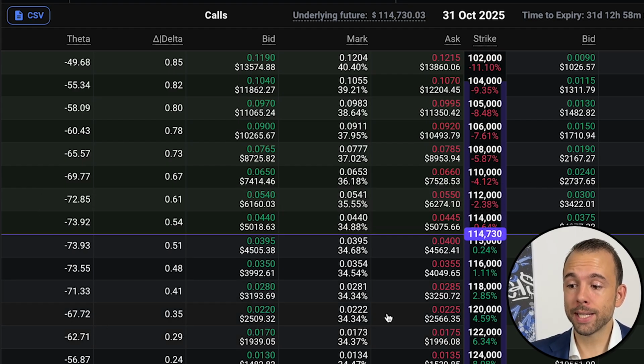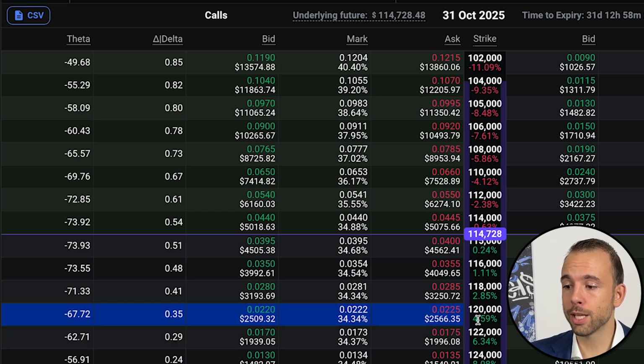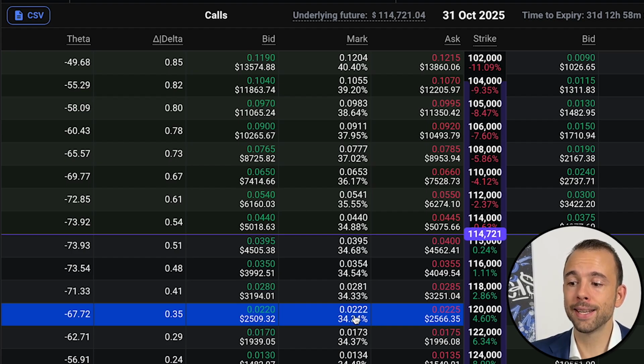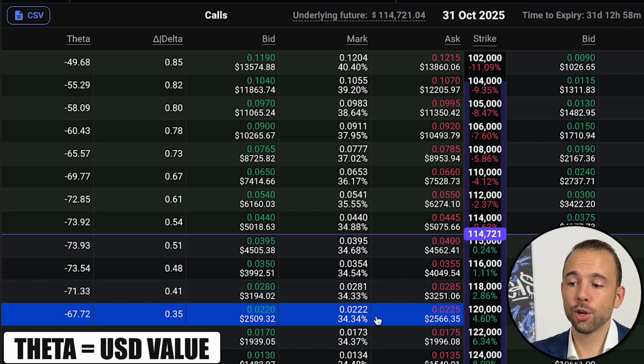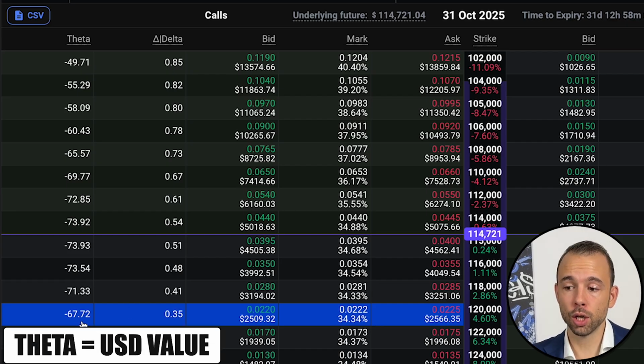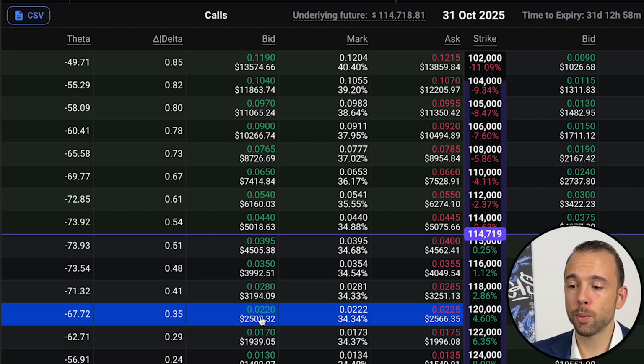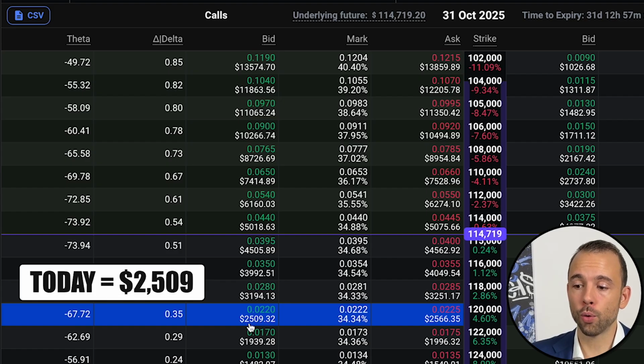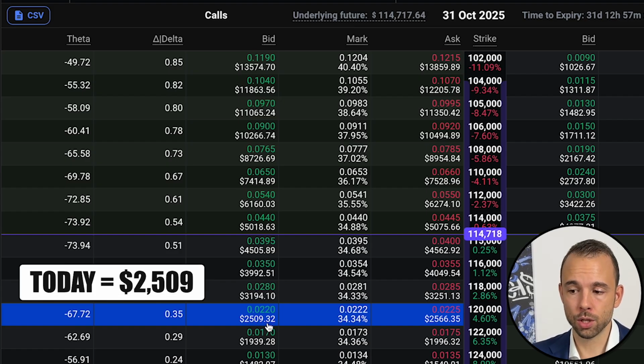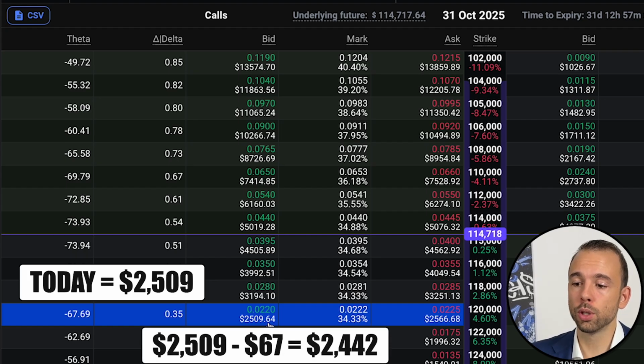So that means if we take a look at the call option with a strike price of $120,000, we can see that the mark price for this option is equal to 0.0222 Bitcoin. But as you can remember, theta indicates the dollar value. And for example, if I'm going to sell this option, I will receive the premium of 0.022 Bitcoin, which is roughly the equivalent of $2,510. So that means if everything stays the same, tomorrow this option will lose $67 of its value and